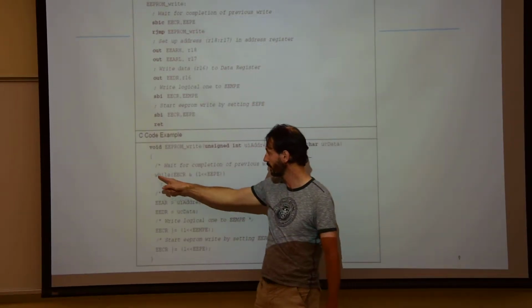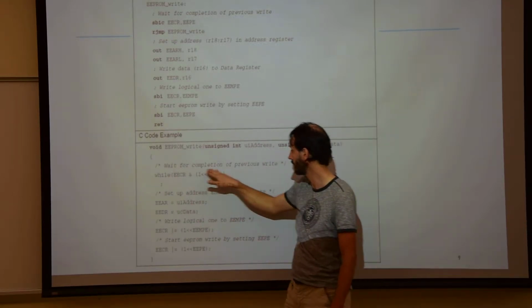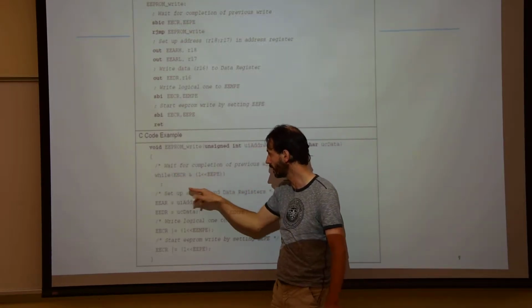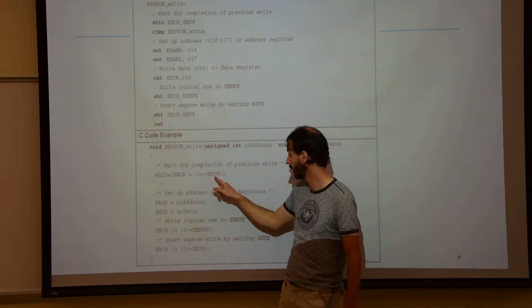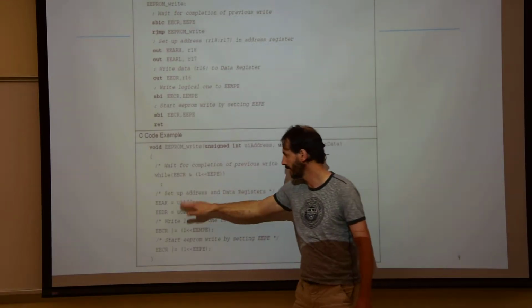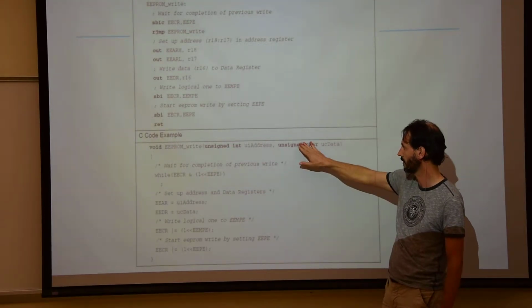So here we see that we do exactly what was stated in the specification. We wait for the completion of the previous write, so you wait till this particular position has a 0. Then you set up the address and the data, which are the input to